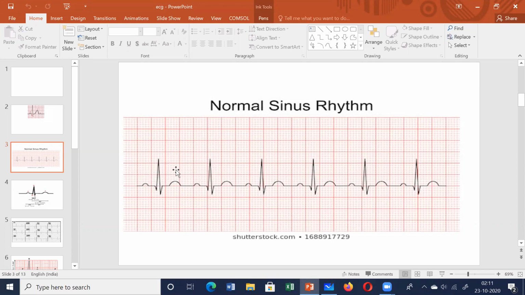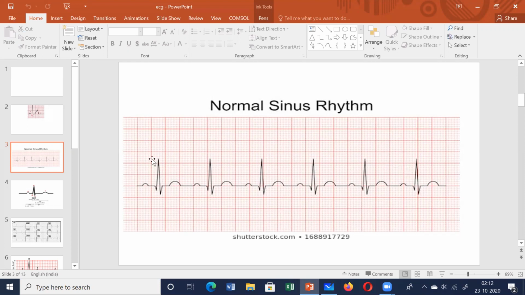Or if you want to be more precise, you can ask about the little small squares which we have left. It is better if you count the number of small squares. It is similar, but more accurate for determining the heart rate. Count the number of small squares between this RR to get the ventricular rate, and divide 1500 by the number of small squares, or 300 by the number of large squares. This is one method you can use if the rhythm is regular. It is one of the easiest ways to calculate.